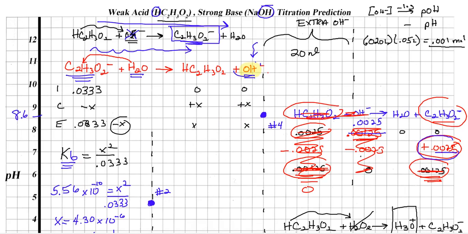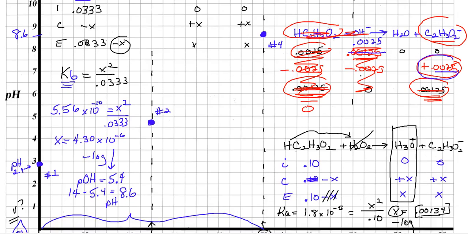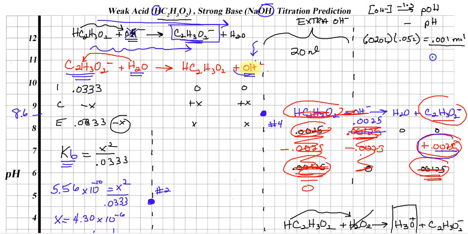So we're adding the 70 with the 25. So the total volume is 95 milliliters. So we're going to divide this by 0.095. So when you divide with your handy dandy calculator 0.01 by 0.095, what you get is a concentration,